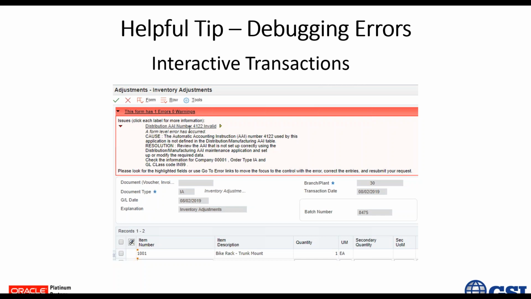Okay, so this is called an interactive transaction. I'm doing it on the screen, it fails immediately. So you'll see this with an inventory adjustment. You'll see it with an inventory issue, an inventory transfer, a purchase order receipt. These errors will appear right on the screen as you're doing them. Okay, not all transactions will do this. And if we move to the next slide,